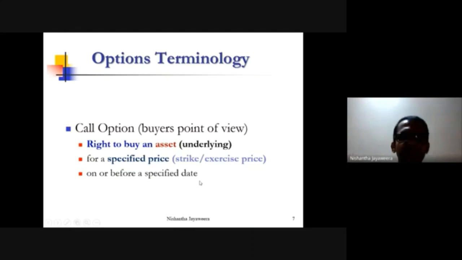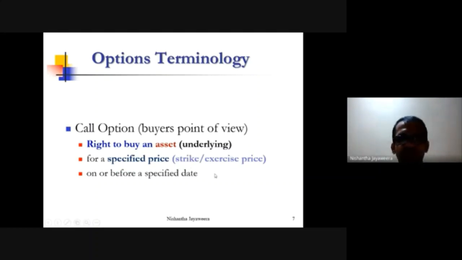The maturity date is defined. During that period or at the end of that period, the buyer has a right to buy the asset at the agreed price, or we call it